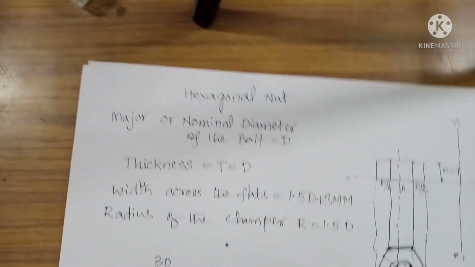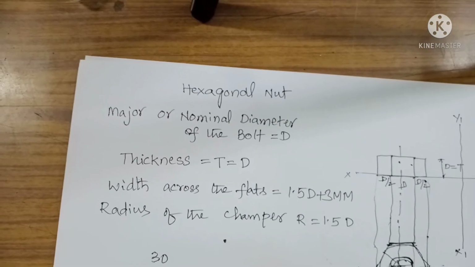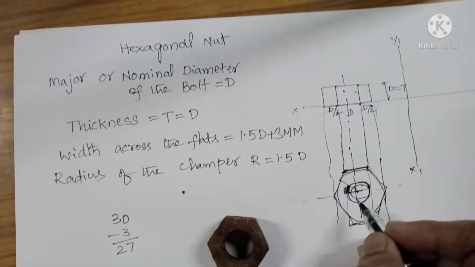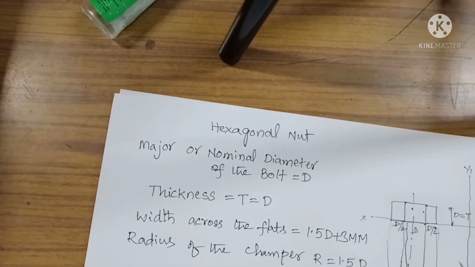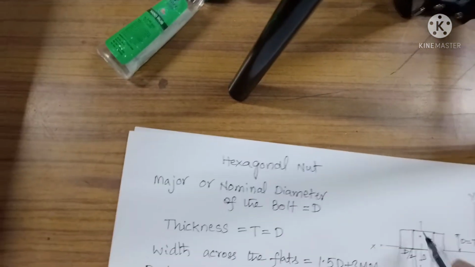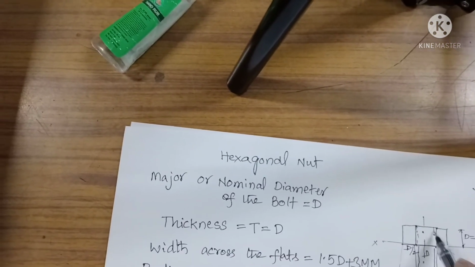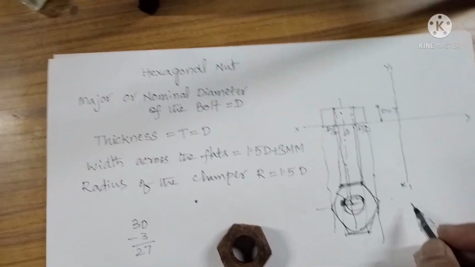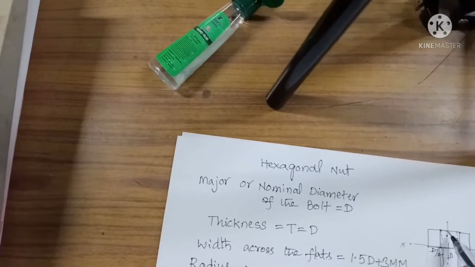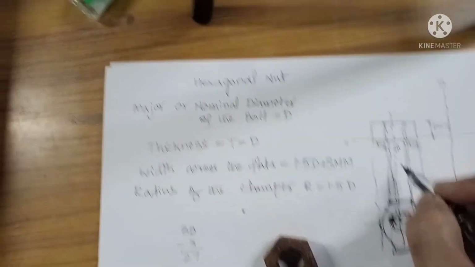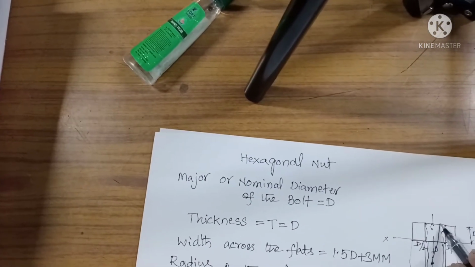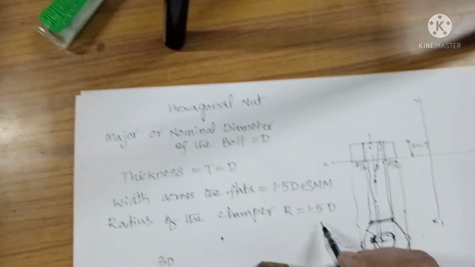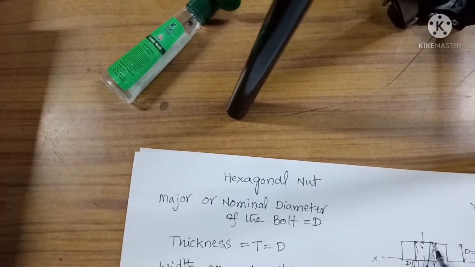Here we have to observe it. The outside circle is cut. This portion we have to cut, this part we have to remove. And here also the same: extend these lines and draw the hidden lines for the threads. Then we have to draw the radius of the chamfer. Take the radius of the chamfer, r equivalent to 1.5D. You measure 1.5D, which is 45. From here measure it down, it is 45. So from this point to this point is 45. That is 1.5D. So take 1.5D and draw the arc like this.